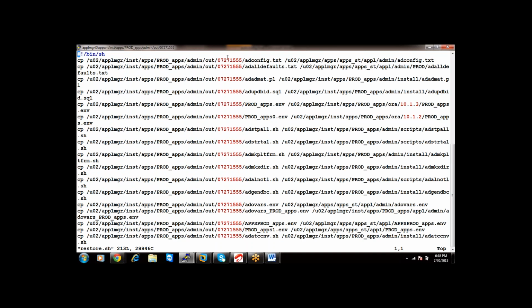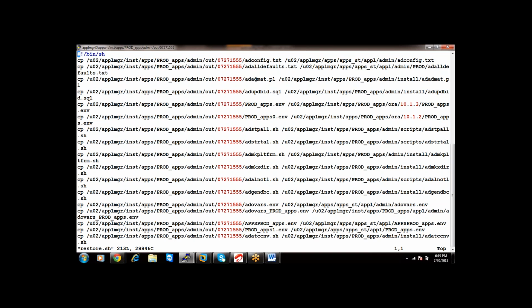If you run this restore.sh, all the backup files will be copied to the original place. Before that, it takes a backup of the original file. Actually this is the original file, so it is taking a backup to this location.